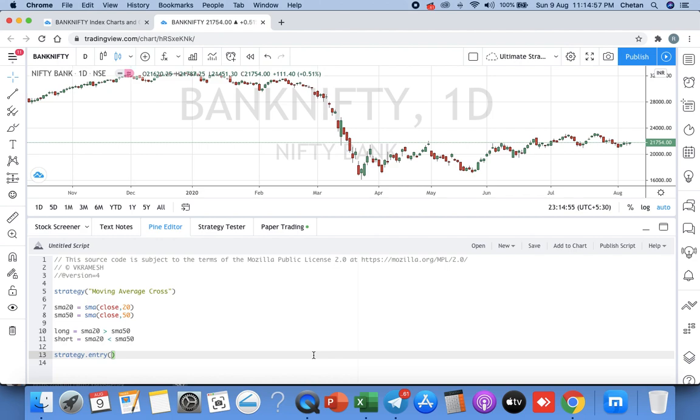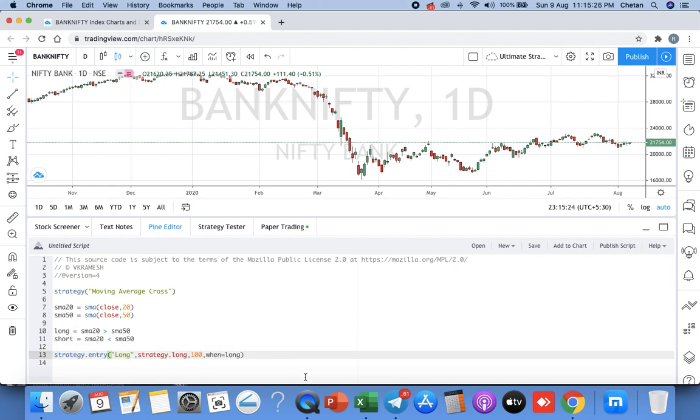Now strategy entry will be: the name text we are giving, long, then strategy.long, then how many quantities, 100 quantities. Then when, meaning the condition when you want to go long, equals long. We already gave the condition here, long, when we want to go long.